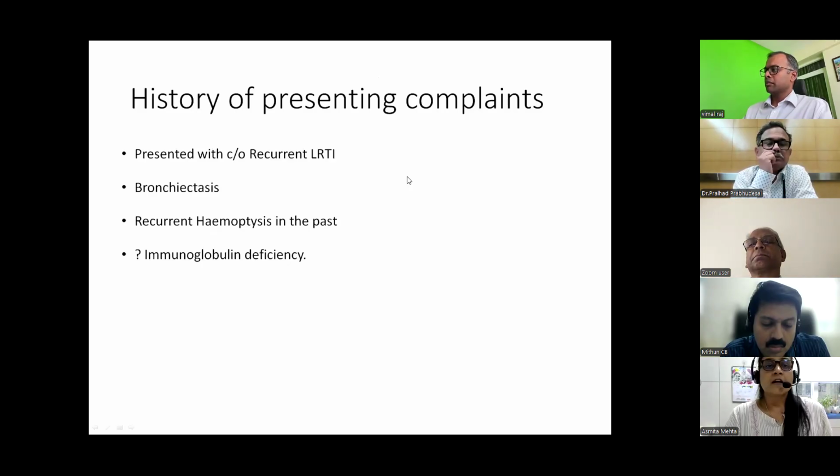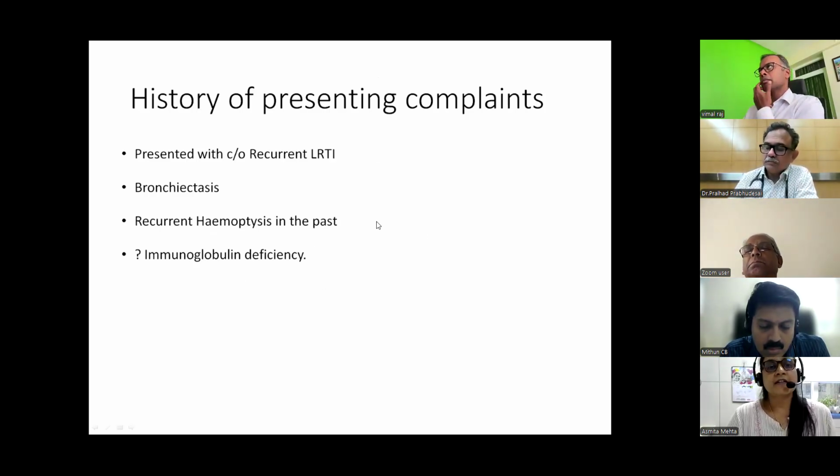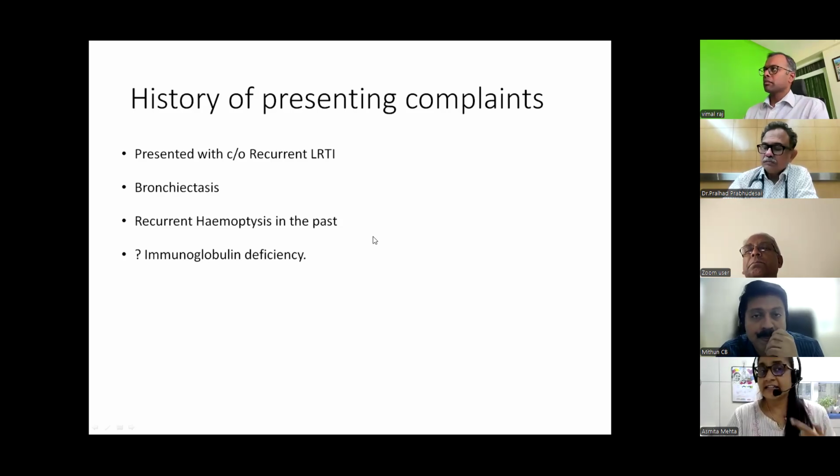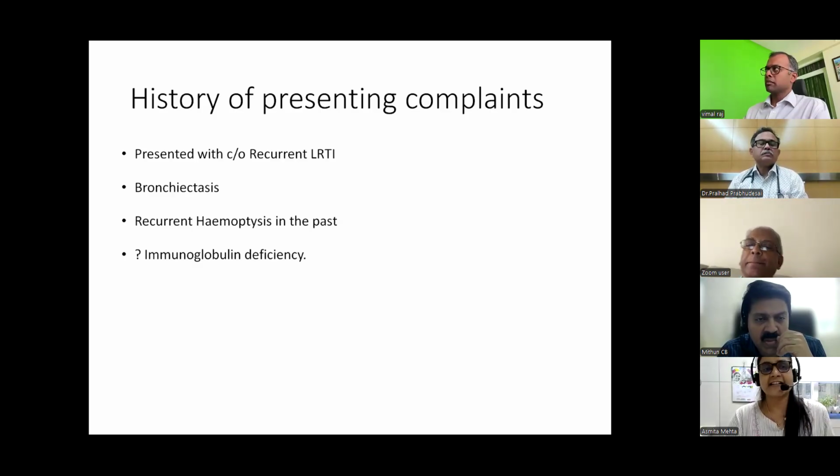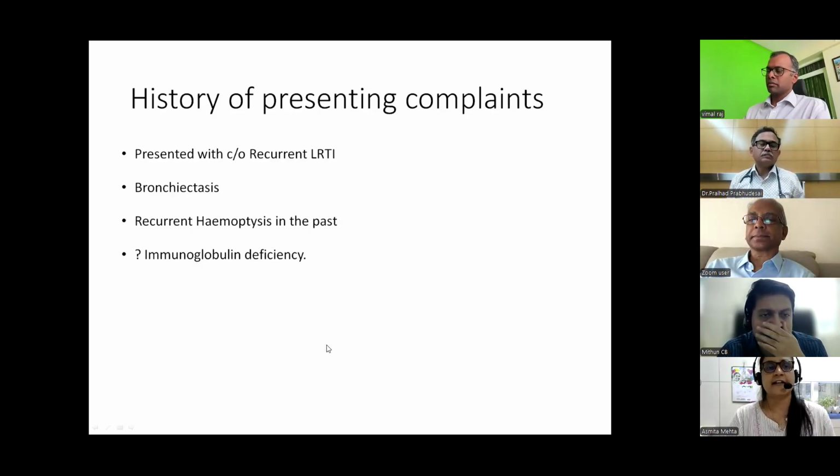So with that history, now he came to me because suddenly he has started developing recurrent infection and recurrent hemoptysis. First time also when I saw him, he had recurrent hemoptysis, and that time I checked him for immunoglobulin deficiency, but he didn't have any. And that time the 2016 CT scan, the films of which I do not have, was labeled as bronchiectasis, right middle lobe and left side.